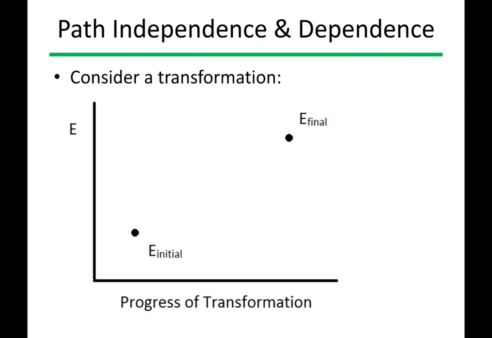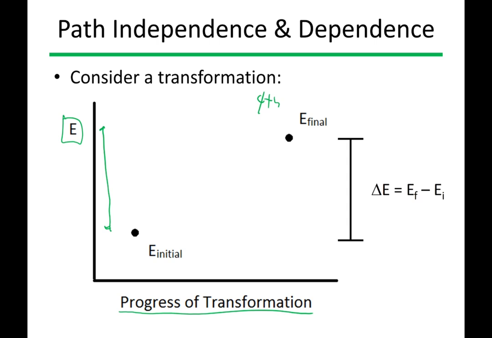So here we can use this as a graph, the progress of our transformation. Here's our total energy, and we have our two different states. And let's say in this case, we are back in in-person meetings. You're here at the bottom of the chemistry building, and you're going to come visit me in my 4th floor office. Your potential energy due to gravity will change as you come up to my office, but there's a couple of ways you can get there.